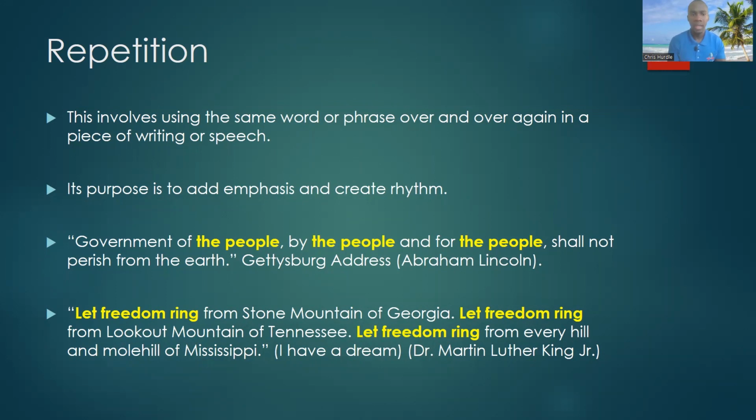Similarly, in the second example, we have Let Freedom Ring from Stone Mountain of Georgia, Let Freedom Ring from Lookout Mountain of Tennessee, Let Freedom Ring from every hill and molehill of Mississippi. That was taken from Dr. Martin Luther King's speech entitled I Have a Dream. We all know who Dr. Martin Luther King Jr. is. But let's say we did not know who he was, right? The repetition of the phrase let freedom ring obviously would suggest to us that